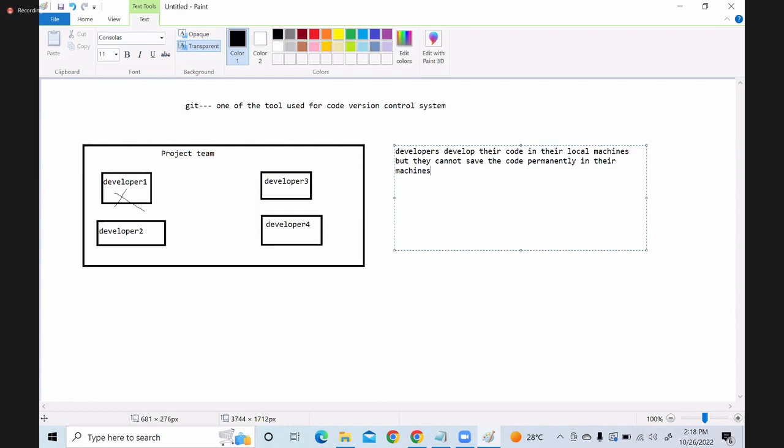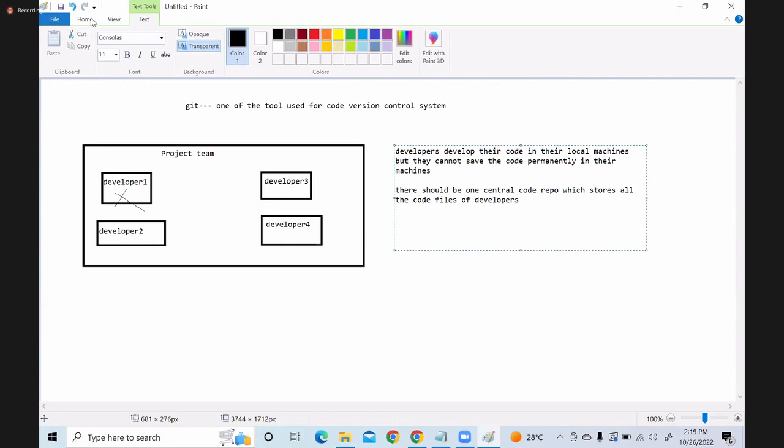So there should be one central code repo which stores all the code files of the developers.